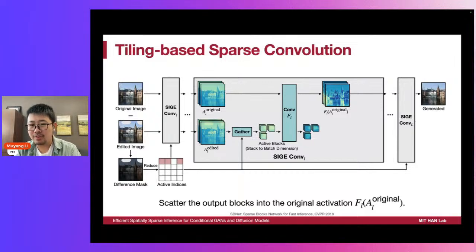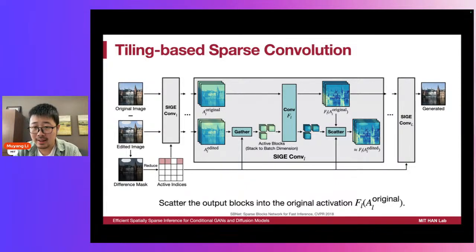Then we need a scatter operator to put the clouds back into the sky, as in the original activations. And we perform this behavior layer by layer, and then we get the final outputs. So that's the main algorithm of tiling-based sparse convolution.